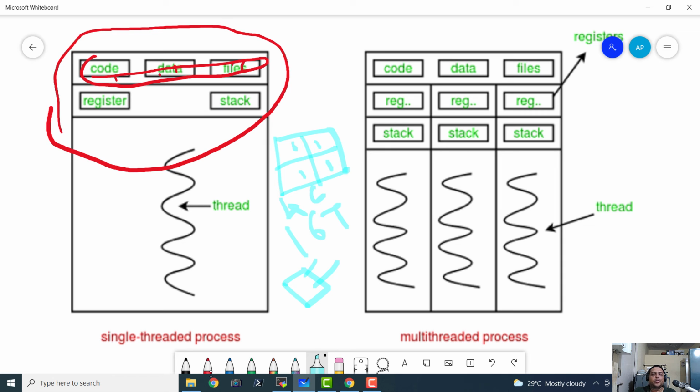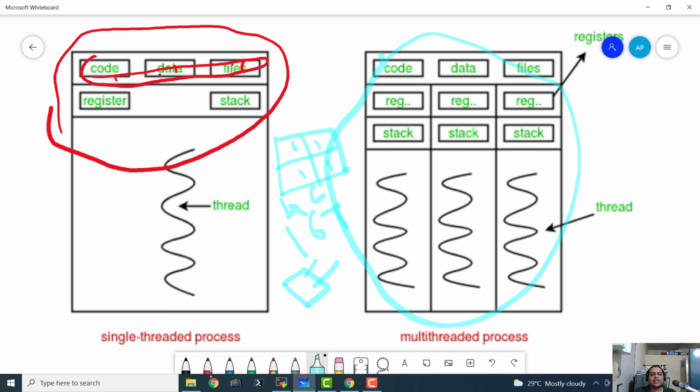So a thread can also be defined as a lightweight process, and a process is also defined as a heavyweight process. Now the threads run within the same memory area of the process that has launched them. So suppose this is the memory diagram of a multi-threaded process.